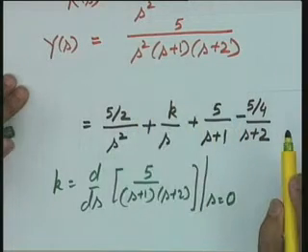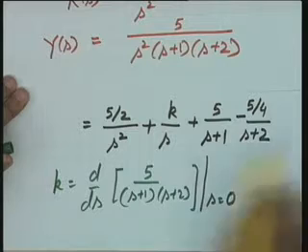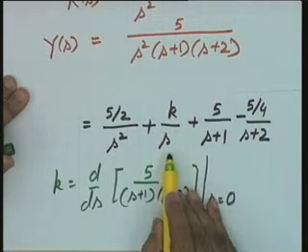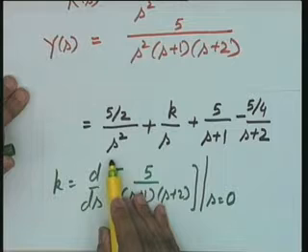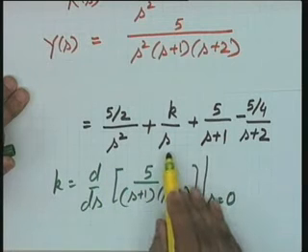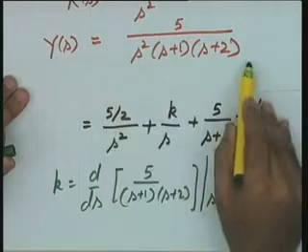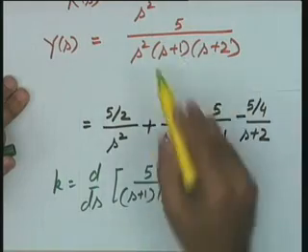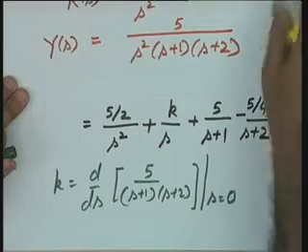The pole at s equal to 0 is repeated, the multiplicity is 2, and therefore it will give rise to two terms in the partial fraction expansion. One, an s squared term in the denominator, the other an s term in the denominator. The s squared coefficient is directly given by putting s equal to 0 in the remainder term when s squared is removed, while the s coefficient is given by this expression.